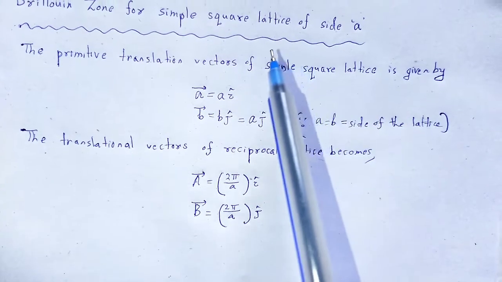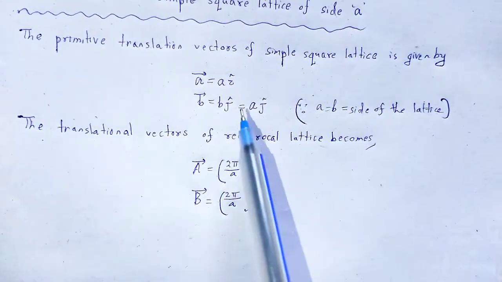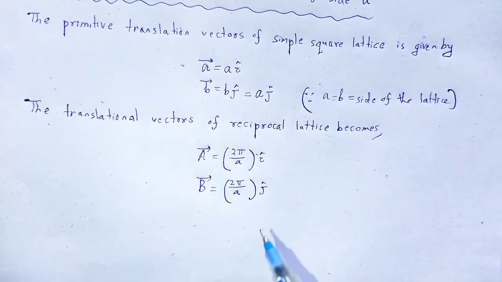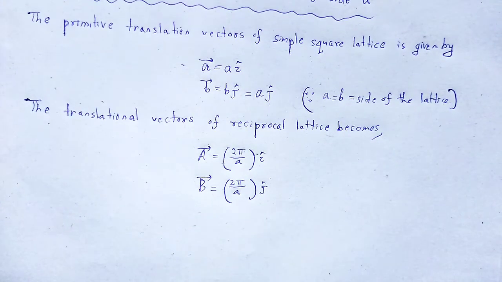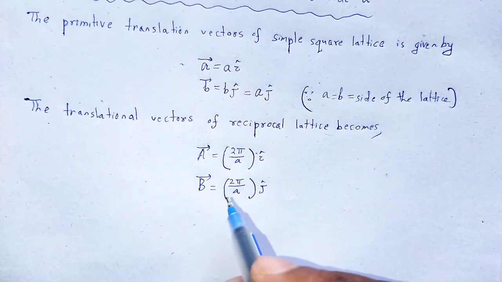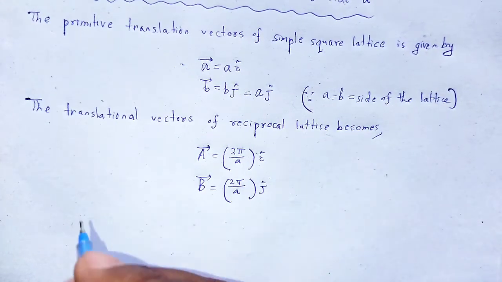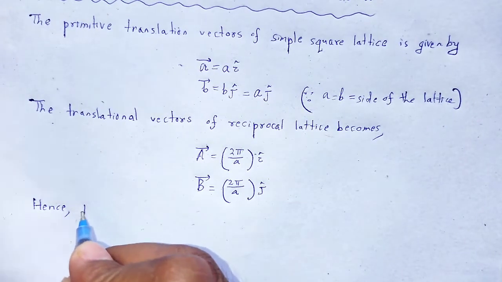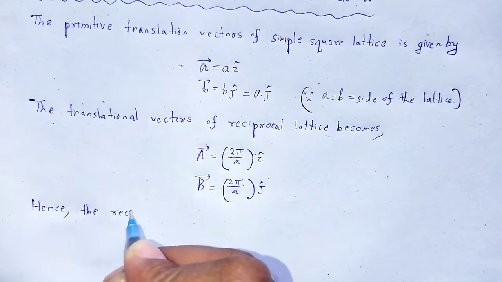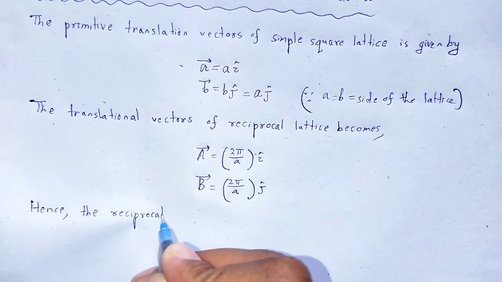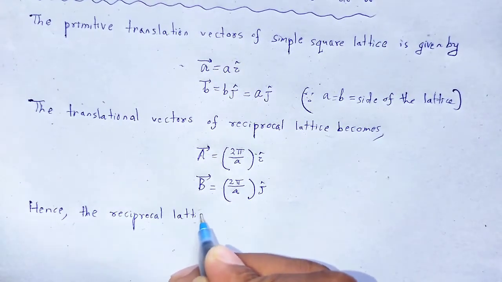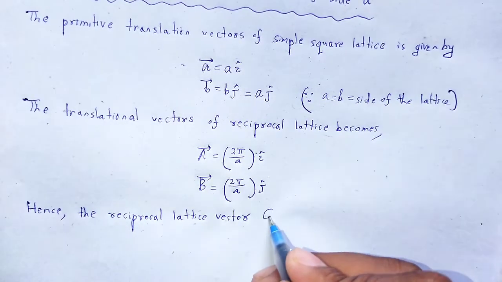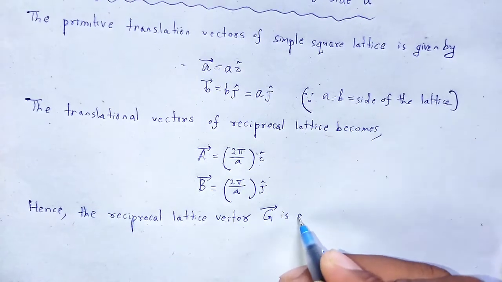As we have taken it in 2 dimension, we take a and b as i cap and j cap. Hence, the reciprocal lattice vector G is given by,